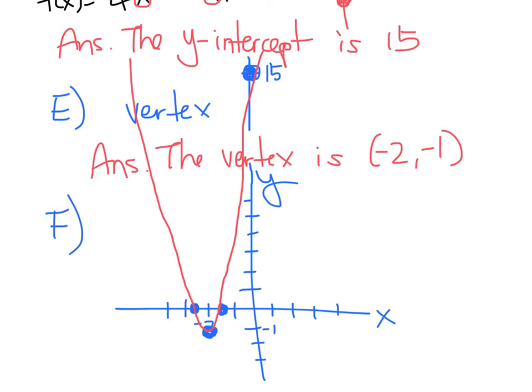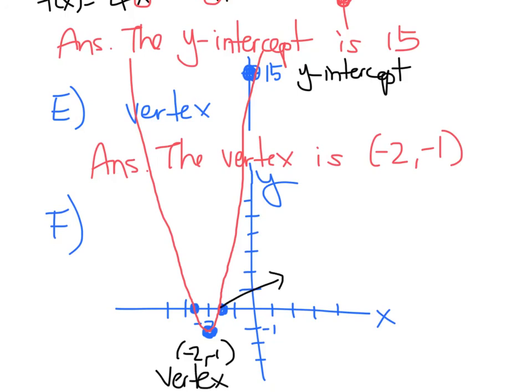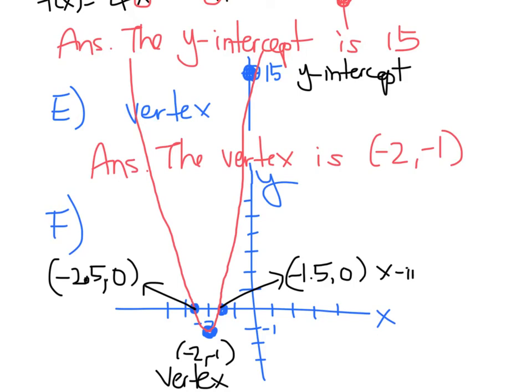However, this is what you have to do. And I told you to plot the y-intercept, so please make sure you have the 15 here with the dot. And then I want you to write over here y-intercept. And then I want you to put the points over here, -2, -1, and then label it vertex, okay? And then I want you to give me this number. On Desmos, if you just click on it, it will give you the number, okay? So that's going to be -1.5, 0, okay? And then this is going to be -2.5, 0, okay? And this will be your x-intercepts. I want you to label it,